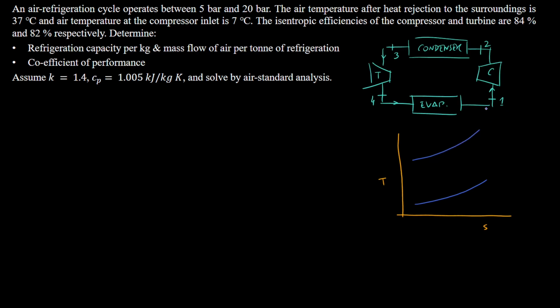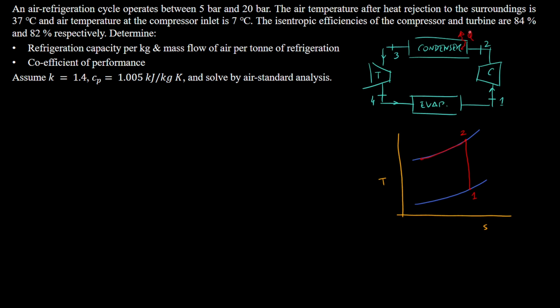So across the compressor the pressure rise takes place, and let's say that state 1 is over here. State 1 to state 2, and because right now first of all we need to look at the isentropic processes across the compressor and the turbine. So 1 to 2 is going to be a straight vertical line. 2 to 3 is then going to be across the condenser, which is going to be a constant pressure process. So an isobaric heat rejection process, because